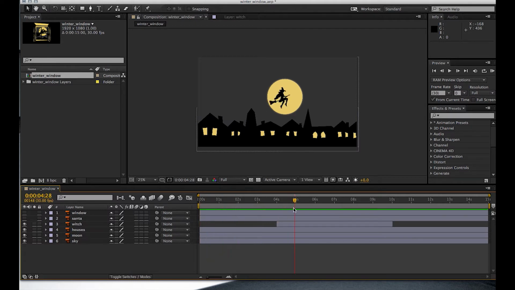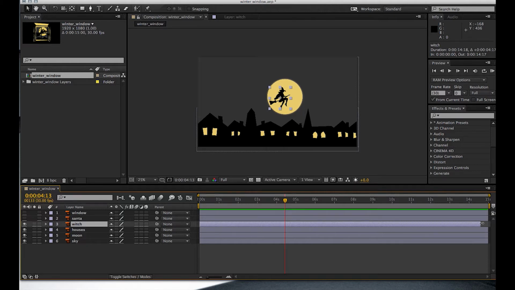Now at the moment, as we left it in the last video, we can see that the witch doesn't appear until 4 seconds in, and she's gone by 10. I'm just going to rejig that. In the last video I used Alt and the square brackets to resize this timeline. You can also drag the footage like that. Okay, so back to the beginning here, and we're going to put the witch in her start position